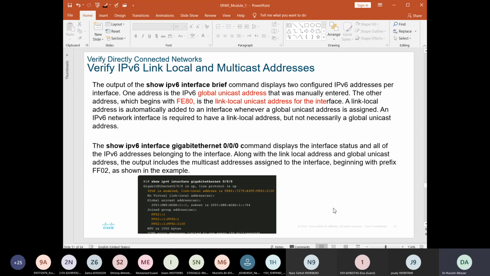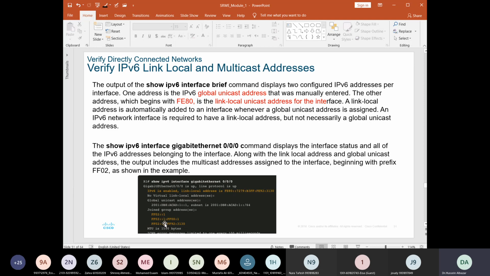We have the global unicast address and the link local address. And as you see here, along with the link local address and the global unicast address, the output includes 3 different